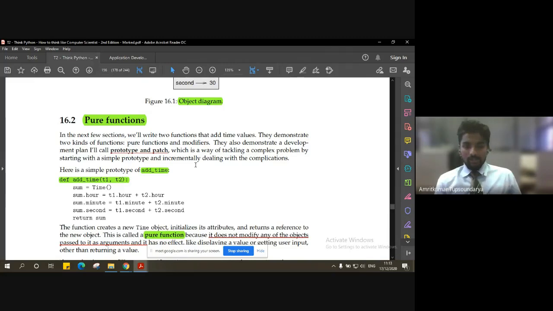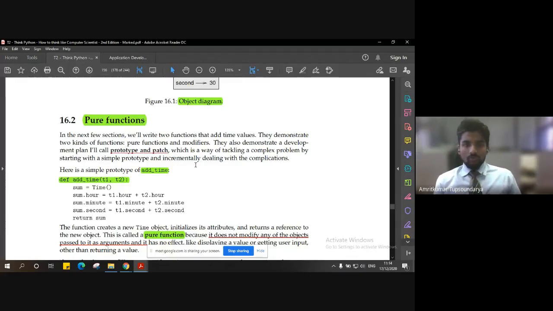It just takes the same value as the input and processes it to produce some result. But a modifier, as the name suggests, will take the input, bring changes in the value, and then produce some result depending on the changed value, that is, the modified value, right? So that is the job of a modifier there.